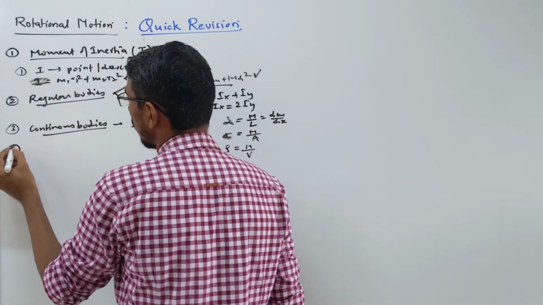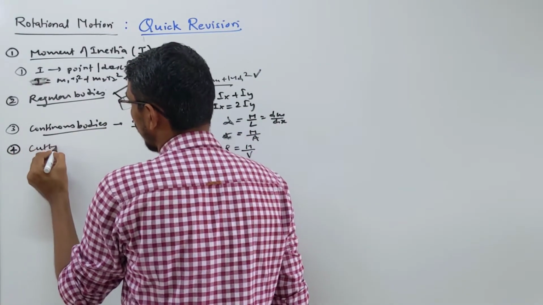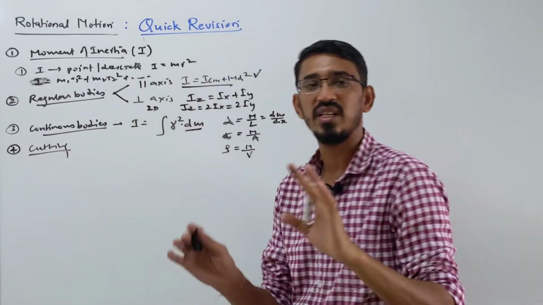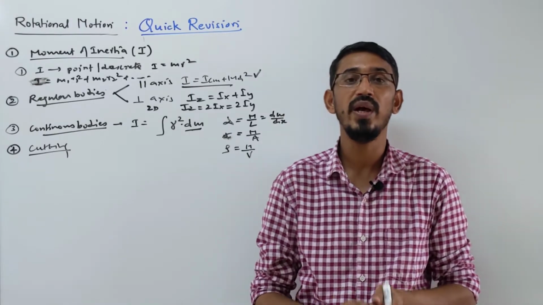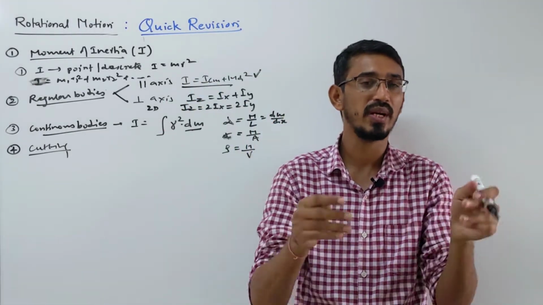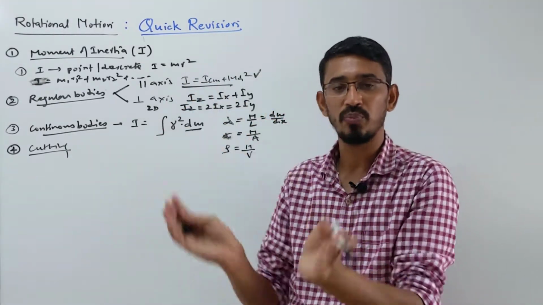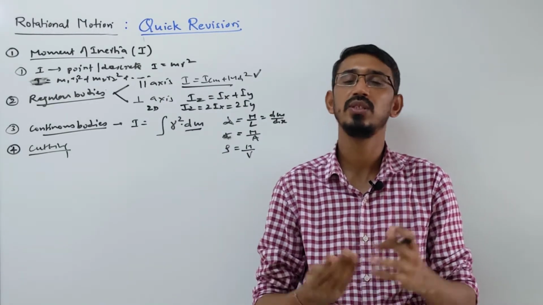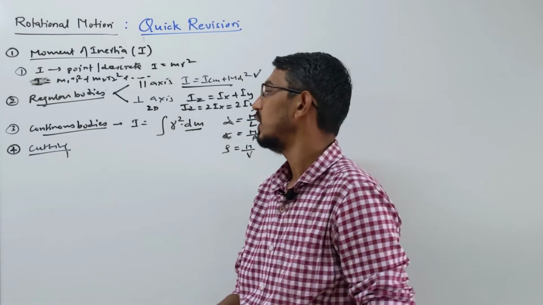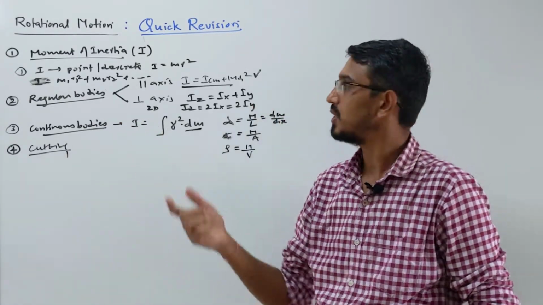Fourth type of equation here is the cutting of the body, right? One body is there and some part of that body is cut and removed. Then they ask what's the inertia of the remaining part. So what you do here, you find the inertia of the complete body first, that you call I1. Then you find the inertia of the removed part, about the same axis of rotation, and you take the difference of these two, that's called the inertia of the remaining part, right? So here we don't have any special formulas, just general formulas only.